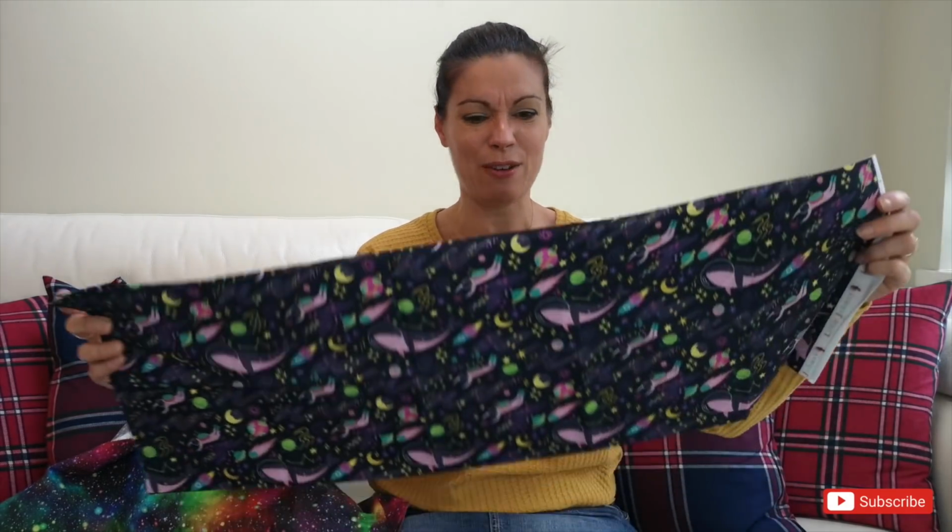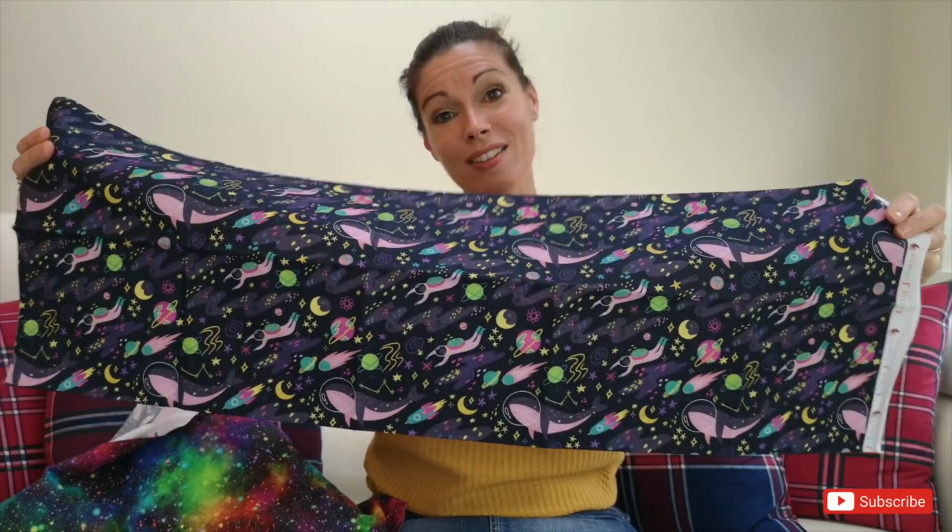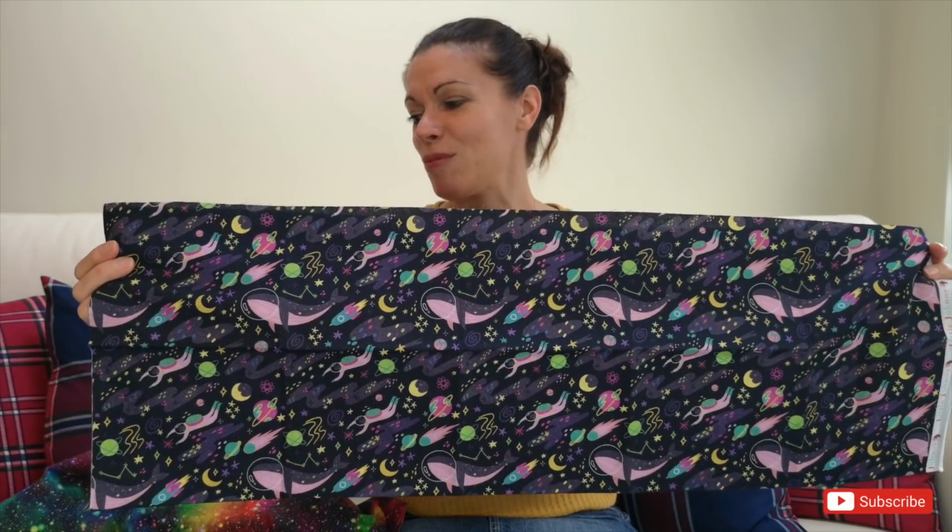I don't know why. There must be a reason why, but anyway, she absolutely loves sharks. And I know this isn't sharks, but I loved the fact that it was sea life and it was in space, and I thought it was a bit different and a bit quirky. So whilst I was ordering my jersey fabric to replace the top half of my Vogue dress, I bought myself some more of these